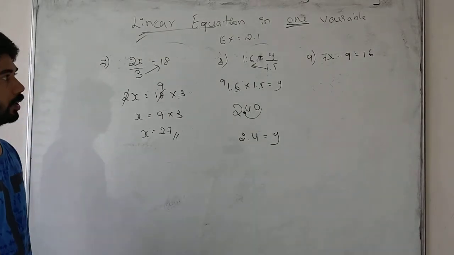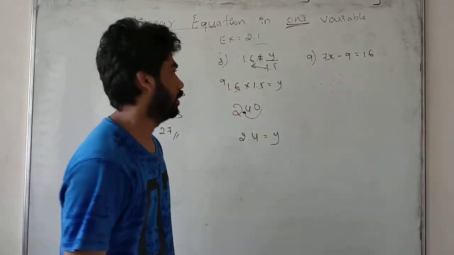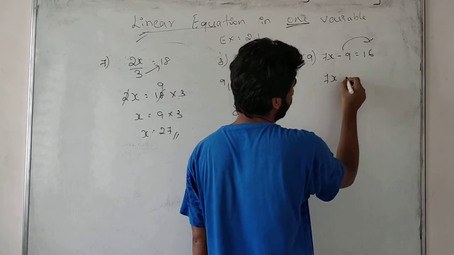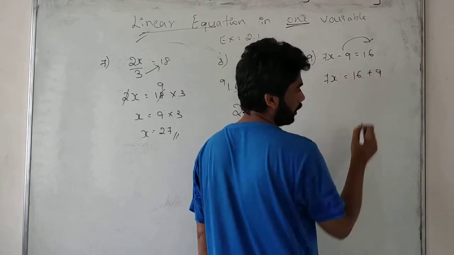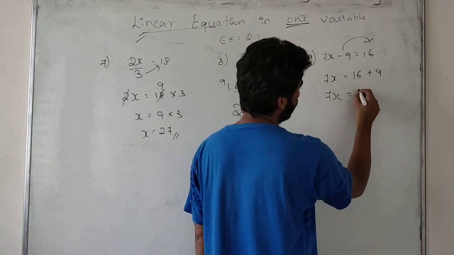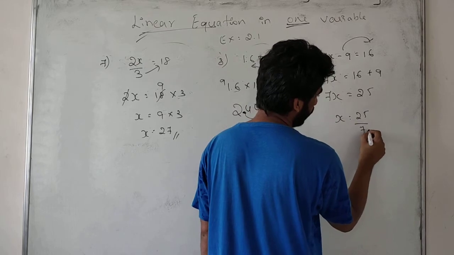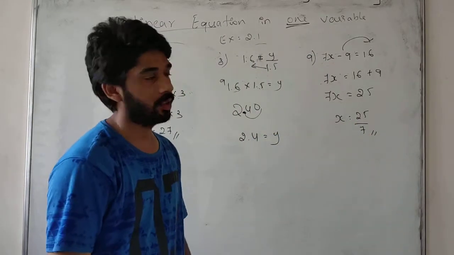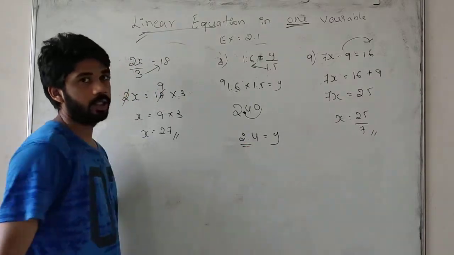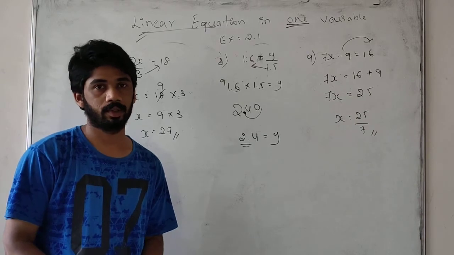Okay, got it? Next one, 7x minus 9 is equal to 16. So here we will do it as 7x. I am shifting this 1 here: 16 plus 9. So 7x equals 16 plus 9, which is 25. x is equal to 25 by 7. You can't solve it further, so this is the required answer. Okay, noting now: these forms will be coming for you for 1 mark or 2 marks in your school exams. Okay, noting down.